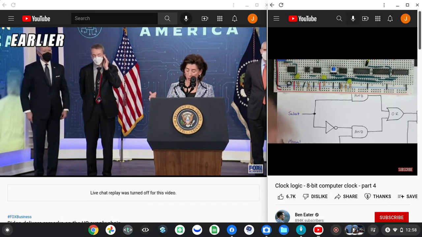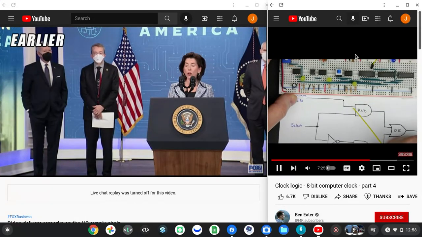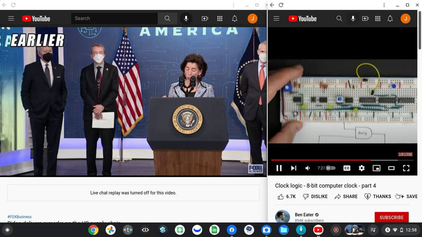So select is going to our inverter and one of our AND gates. The other input of that AND gate should be our stable pulse. And so indeed,